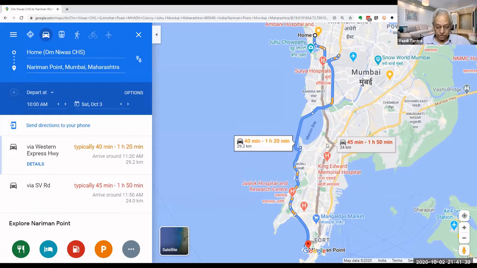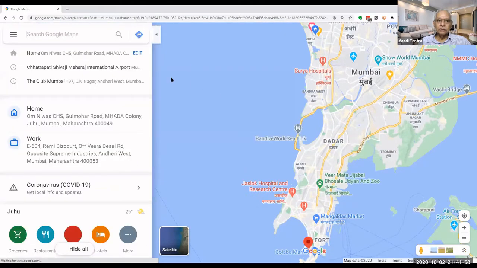So it is going to tell me what are the timings, and the distance obviously remains the same, but the timings will change because during this time the traffic will be very high. So these are the things which we had seen earlier.